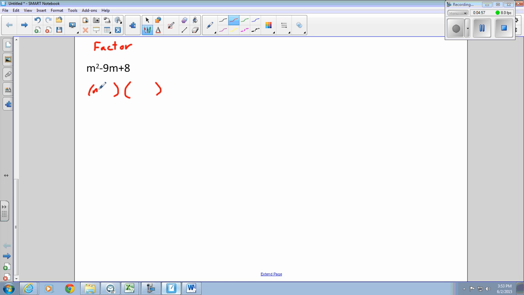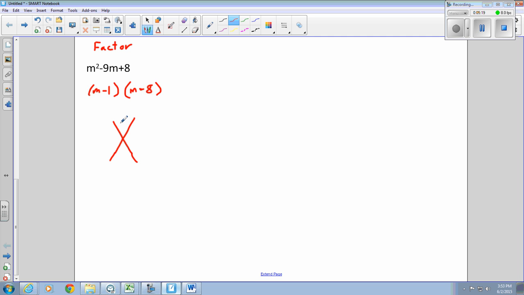and multiplied and added together get me a negative 9. And the m just comes out in front, so we're going to try and get a positive 8 multiplied together and a negative 9 when added together. So that's simple, negative 1 and negative 8. If you're used to the diamond method, or this box and diamond method, whatever they call it in algebra these days,